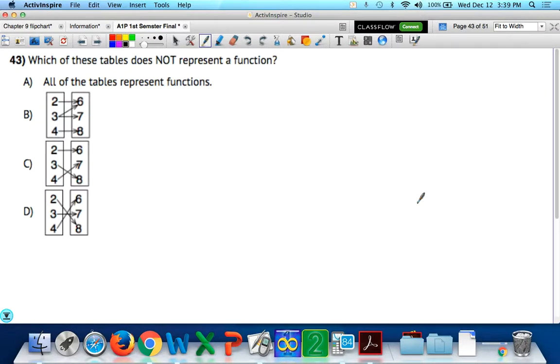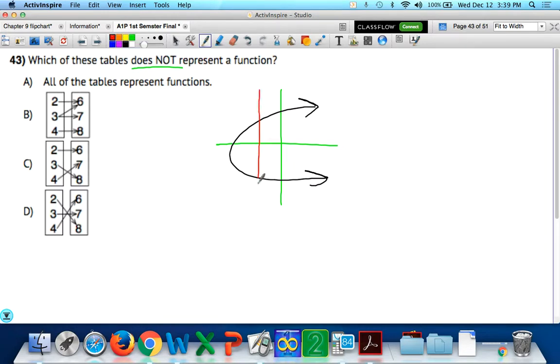For number 43, which of these tables does not represent a function? So just to get back into what the big picture of this means, something that is not a function fails the vertical line test. Well, to fail the vertical line test, it means a perfectly vertical line hits it at 2 spots or more, okay? Well, what that actually means is that these 2 points